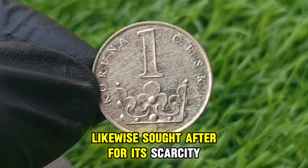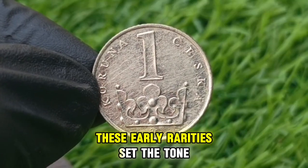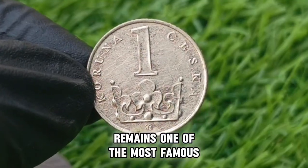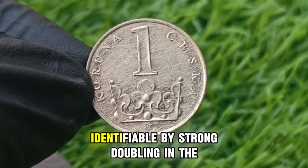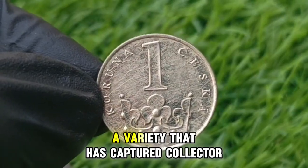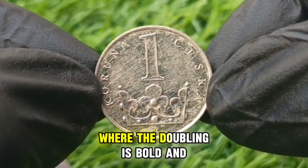Likewise sought after for its scarcity and historical importance as part of the first year of issue. These early rarities set the tone for a series filled with nuance, and the 1934 double die obverse remains one of the most famous errors, identifiable by strong doubling in the motto "In God We Trust" and the word liberty, a variety that has captured collector attention for decades, especially in higher grades where the doubling is bold and the